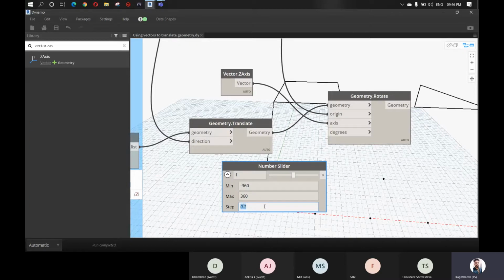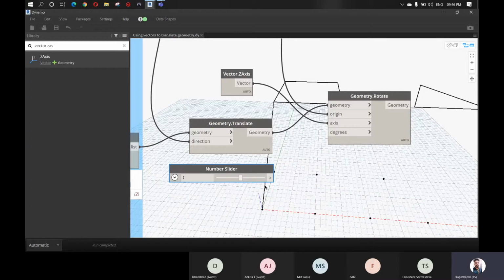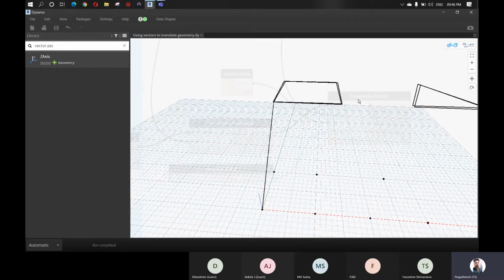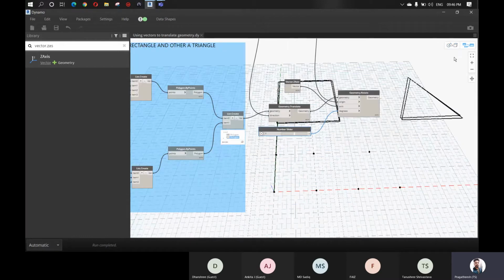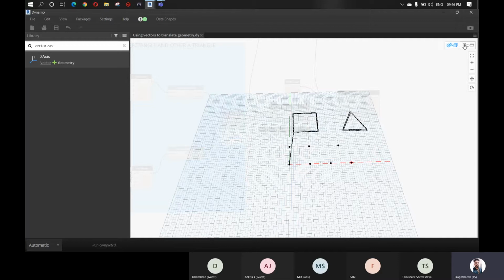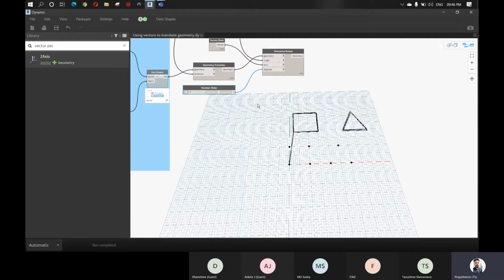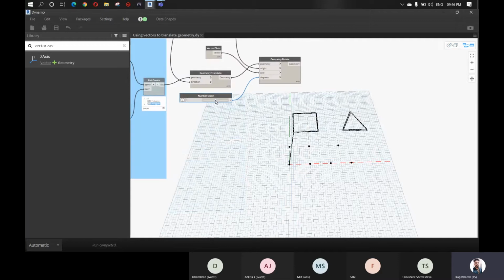Now connect this to the degree here. As soon as I connect this, you can see it just creates a copy of it, right? Now we can rotate this with the number slider which we have created here.